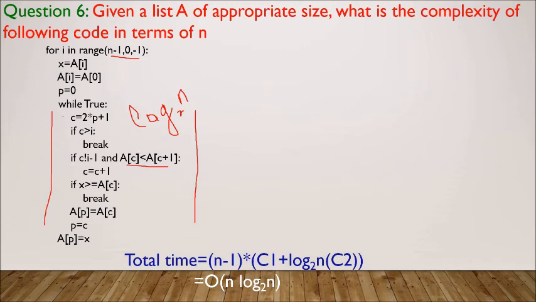There are many statements which will take constant time, like this comparison, so many statements within the while loop. I have taken these as C1 and those within the while loop as C2, which will be multiplied by log n to the base 2. And finally when we open it, the dominant term will be log n to the base 2.